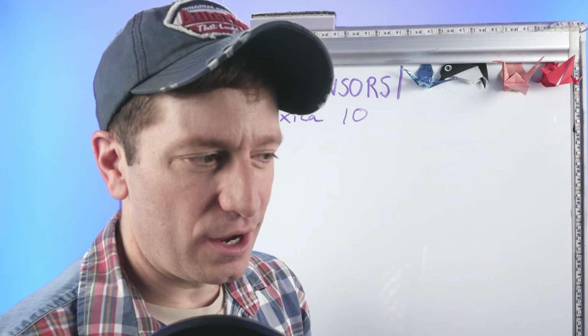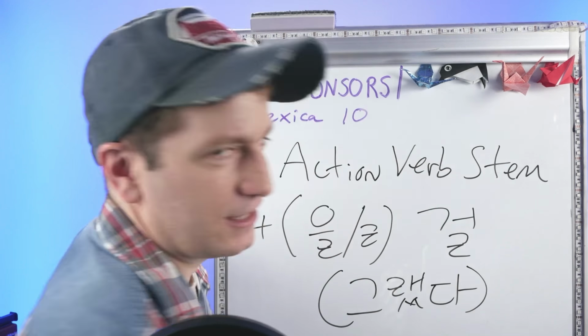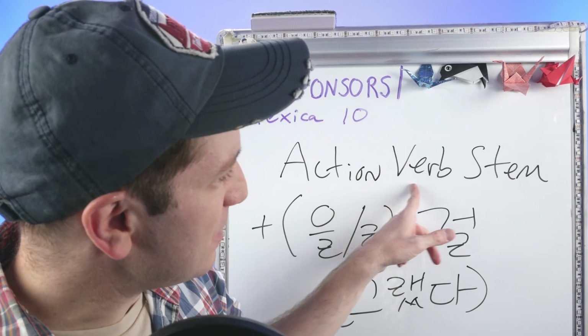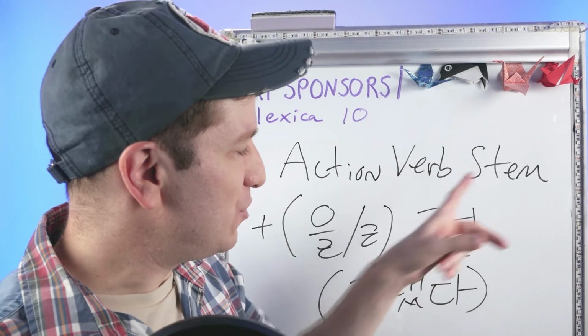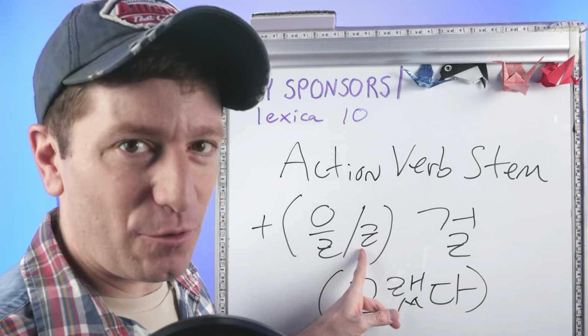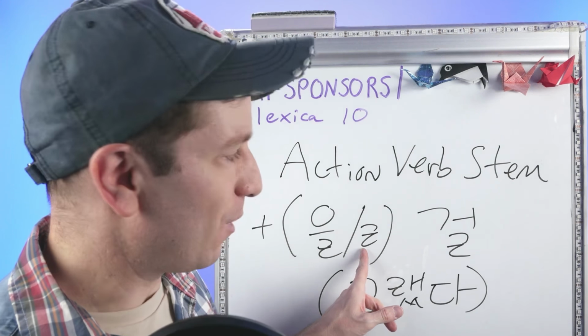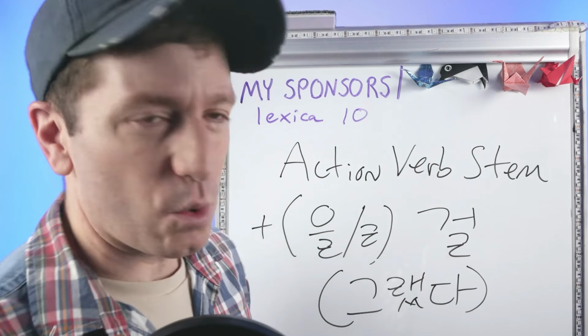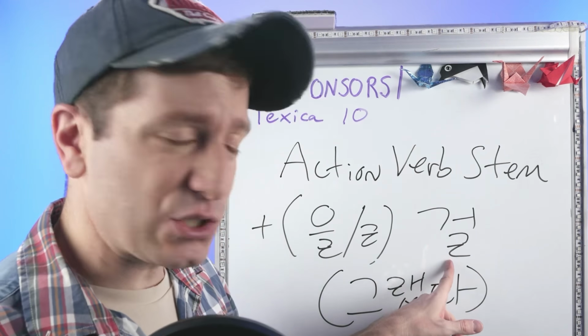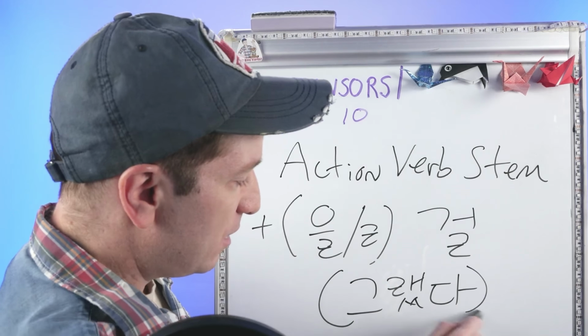So that's the regular form 걸요. But there's another form 걸. It looks like this. And the way it works is with only action verbs. You take an action verb stem and you change it into, again, just like before, the future tense adjective form, followed by 걸. However, instead of 걸 or 걸요, you have either 걸 in casual speech or 걸, and then